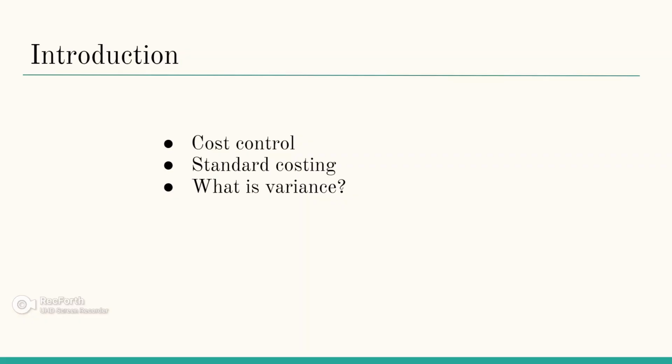Introduction. One of the prime functions of management accounting is to facilitate managerial control, and the important aspect of managerial control is cost control. The efficiency of management depends upon the effective control of costs. Therefore, it is very important to plan and control costs. Standard costing is one of the most important tools which helps the management to plan and control cost of business